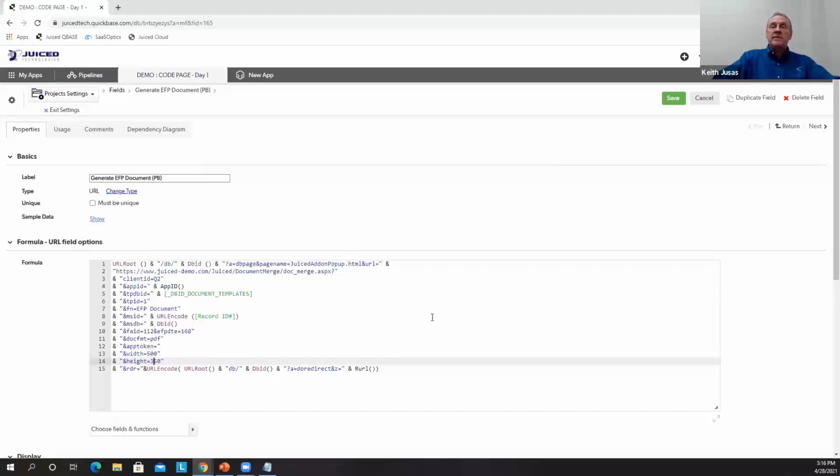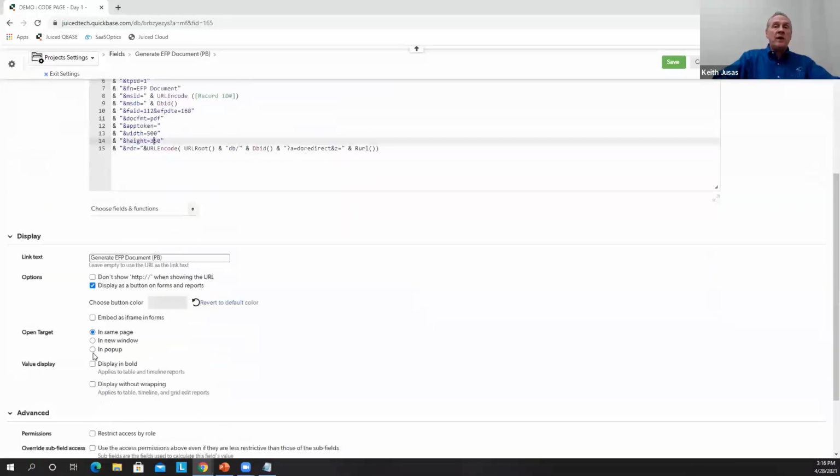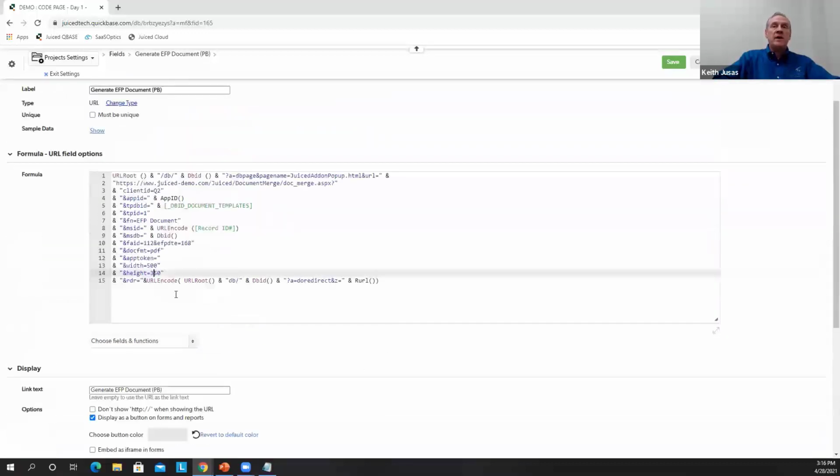Another thing is you don't want to choose the in pop-up button. So don't choose that. Just leave it the same way it was. So the only changes you made were line 1 and the bottom lines. So now when I save this,